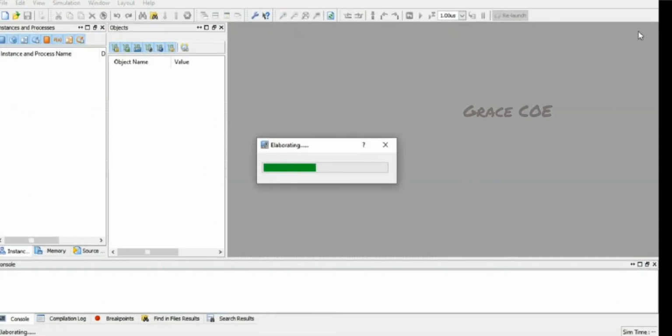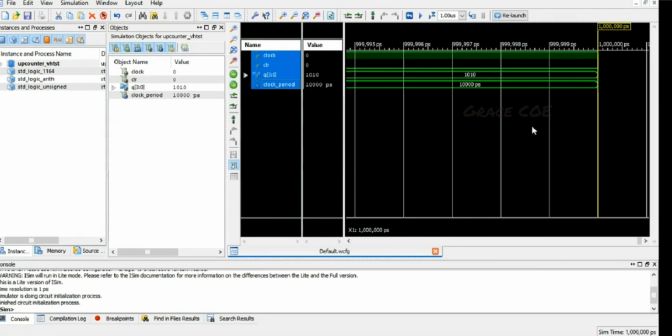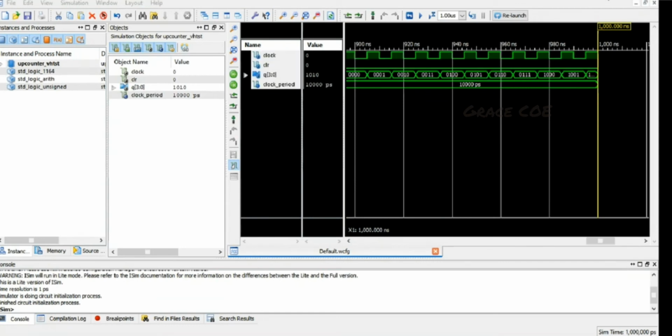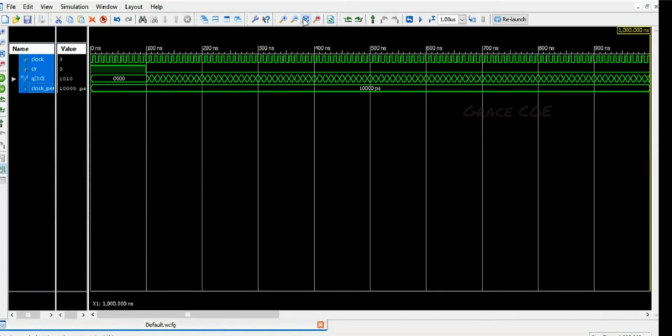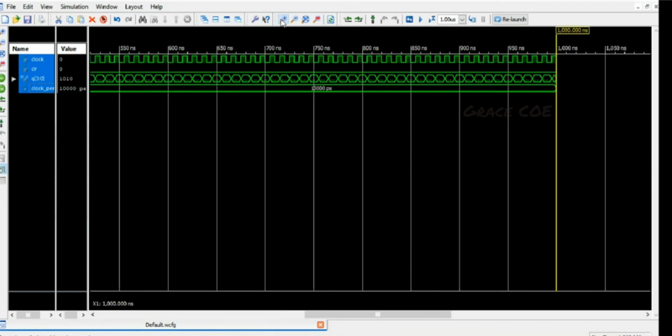So now we can view the output over here. Okay, so see the full view. We can see here for each clock pulse the counter is counting upwards by 1 value. As we have given in the test bench, initially the value will be 0000.